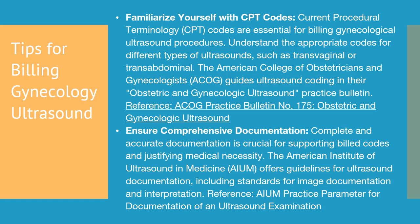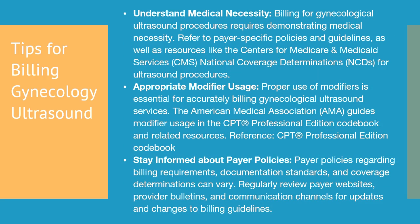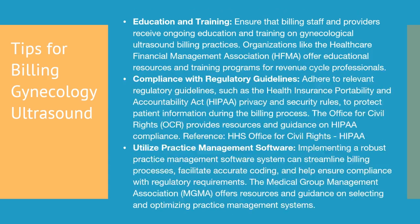Because revenue is really important to practices to make sure if you're providing skills and services and that ultrasound machine has an upkeep to it, understand what is medically necessary and what isn't, making sure you're using the correct CPT codes, place of service, providers, scope of practice, modifiers, looking at the payers' policies and keeping updated with it. Some of it's going to be your billing department, some of it's going to be direct education and training, what certifications, what guidelines, what requirements based on your organization, based on the state, based on national guidelines, based on payer mixes. You need to be really familiar with how you and your specific services can be rendered and be billed